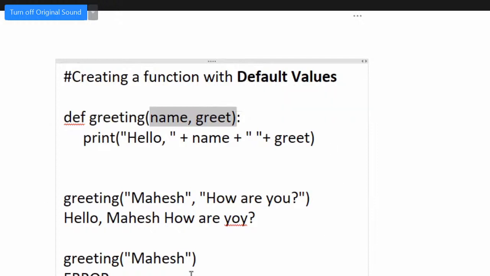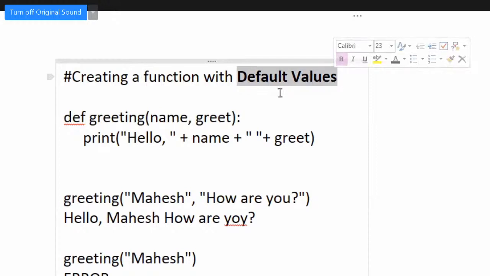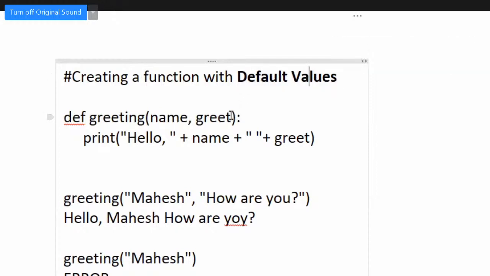But what did you do? You have given only one parameter, but then it is going to return an error. Even if I give one parameter, that should execute. Then in that case, we will implement the concept of default values. Okay, now what is this default value? Let me show you now. For example, the same function, what I will do is say it something like this. Greet is equals to